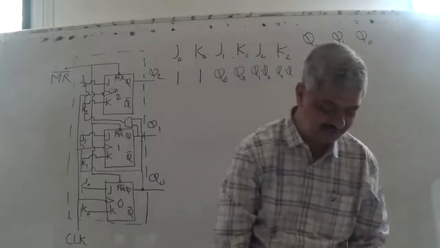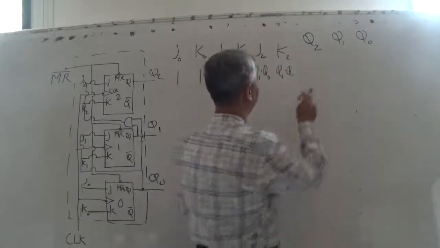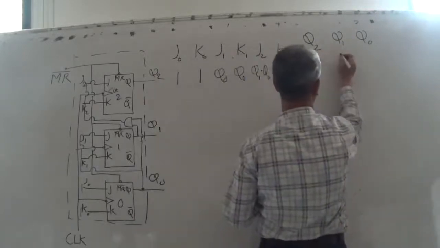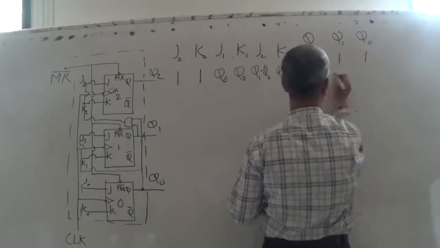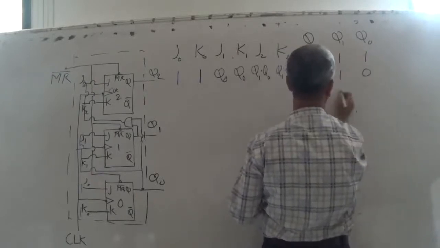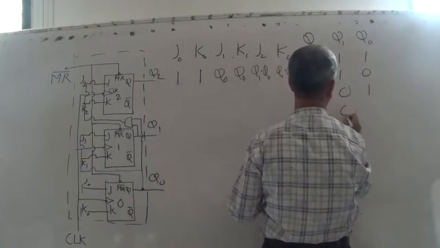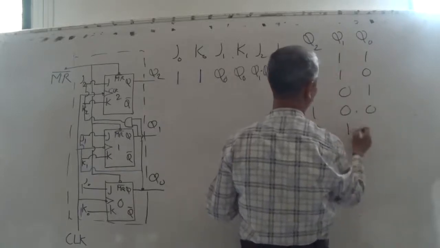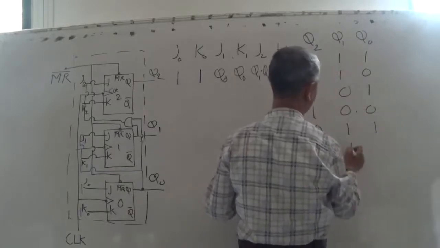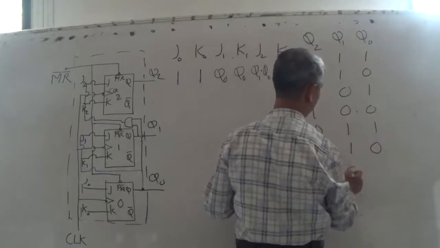For a 3-bit down counter, we start from 1 1 1, then next is 1 1 0, then 1 0 1, 1 0 0,